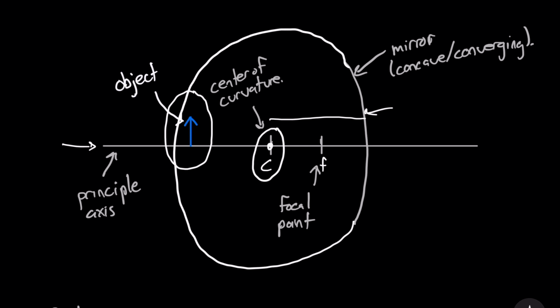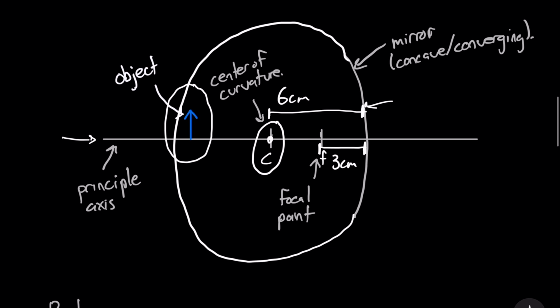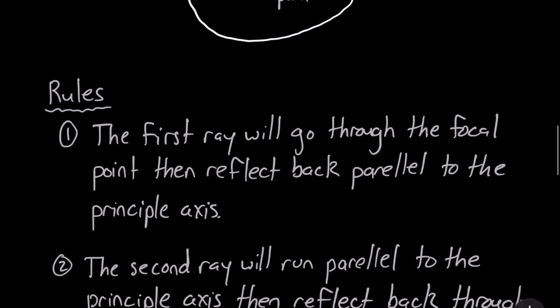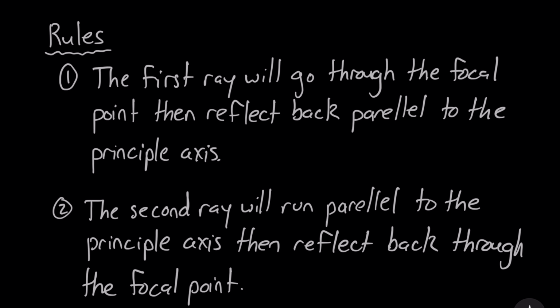So let's say the radius of this circle is, I don't know, for example, 6 centimeters. Okay. If we know the center of curvature, we can easily figure out the focal point or the focal length, because it's always going to be half of C. So it's just going to be 3 centimeters. That's all. Okay, so that's what the center of curvature and the focal point mean, what those points are on the principal axis. So let's scroll down to some rules that we have to follow while drawing ray diagrams for